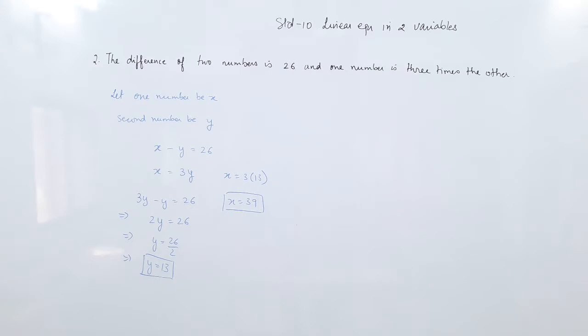So these are very simple sums to begin with. Okay? So you have to try the sums, and I'll make you do a few sums, but you have to try them on your own also, because the equation making is the proper thing here. Now I hope you understood the graphical method, but the graphical method will be asked separately. The equations will be given and you will have to only draw the graph. But in this type of problem sums, you can use the elimination method or the substitution method. The choice lies with you, but what you have to be careful with is making the proper equation. So read the question carefully and make the proper equation. Let us try one more sum.